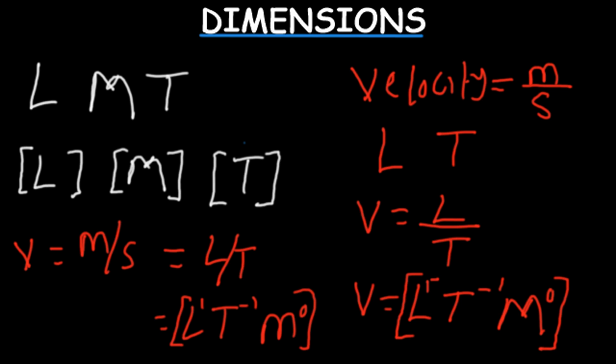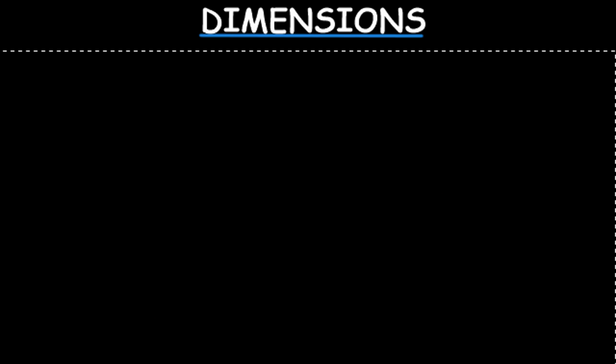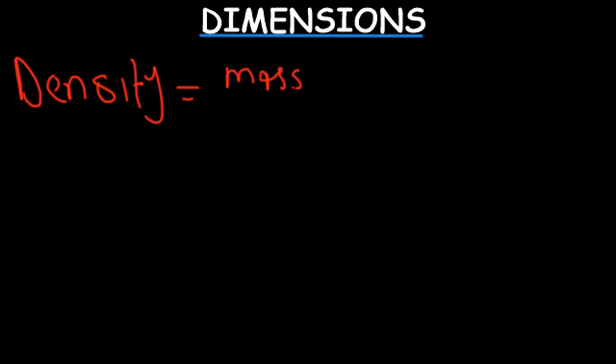Now let's try one more example. Any other physical quantity, let's say we have density. Feel free to pause the video and try to find out the dimension of density. Okay, density equals mass over volume, because we said density is the ratio of mass to volume. So the dimension of mass is M,